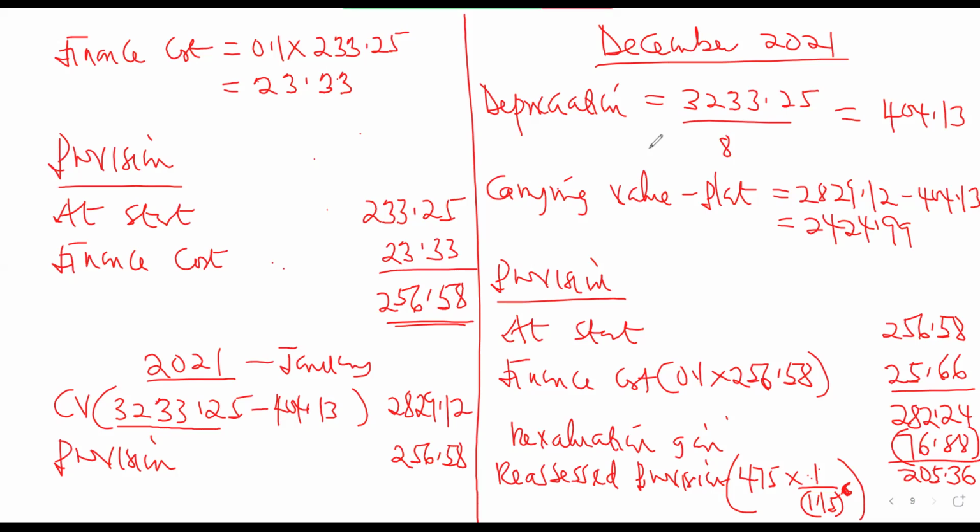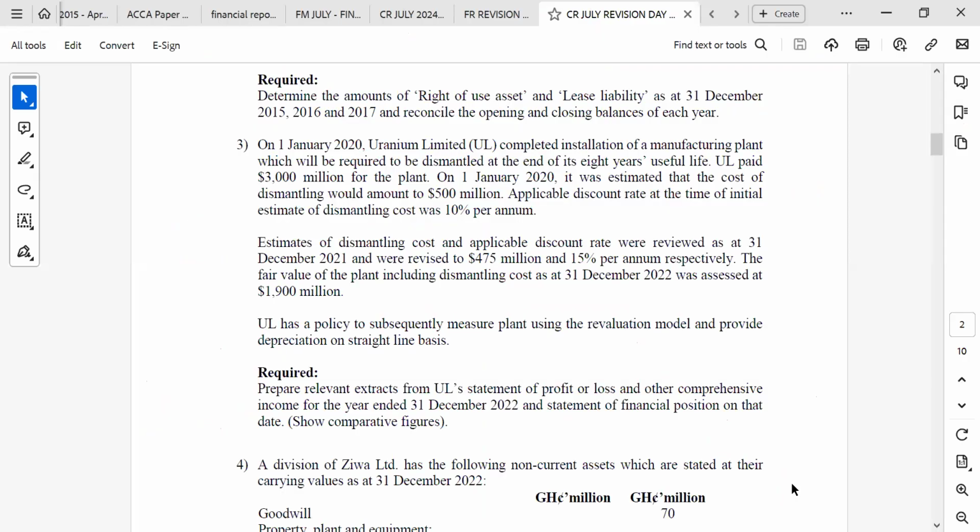So that will be a revaluation gain for this year. The entity has to recognize a revaluation gain of 76.88 in this particular year, and the provision will now be carried at a new amount of 205.36. Let's come to the other part. The fair value of the plant, including the dismantling cost, as at 31 December 2022, was assessed at